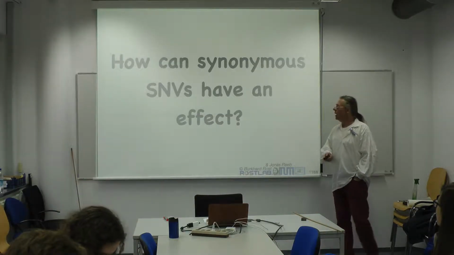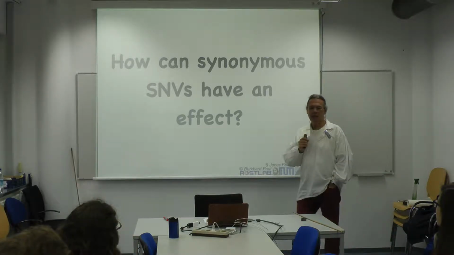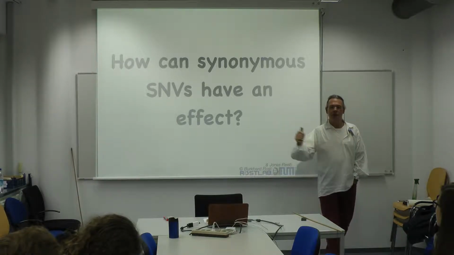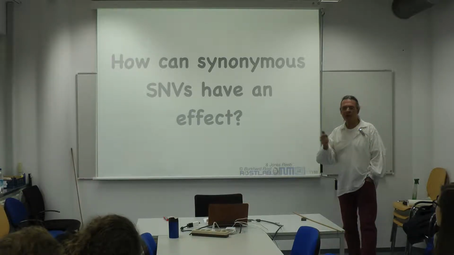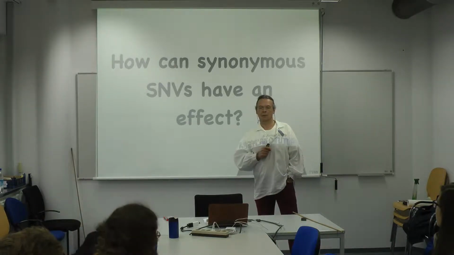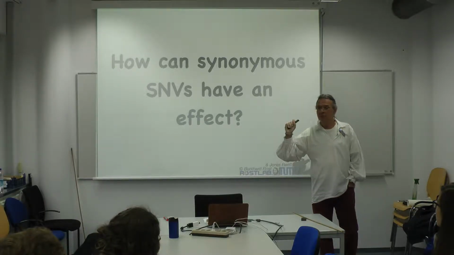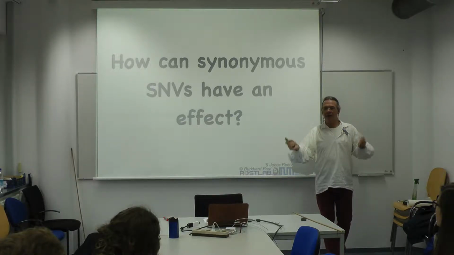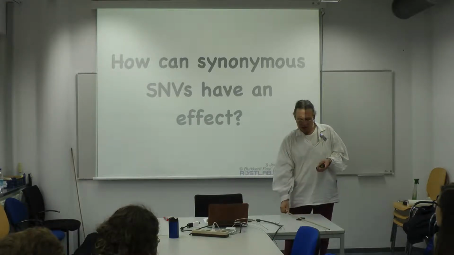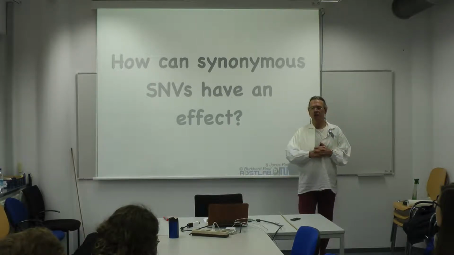Anyway, this particular variant here leads to a different aggregation of blood cells, and that leads to a bad disease. Now, synonymous SNPs, so nucleotide variants that in fact change the nucleotide but not the amino acid, how can they have an effect? Can you imagine that? First of all, not many of these are known. Not all synonymous SNPs have an equal probability of having an effect as one that changes the amino acid sequence. Not at all, but some of them can have an effect. Can you imagine the mechanism by which that happens?